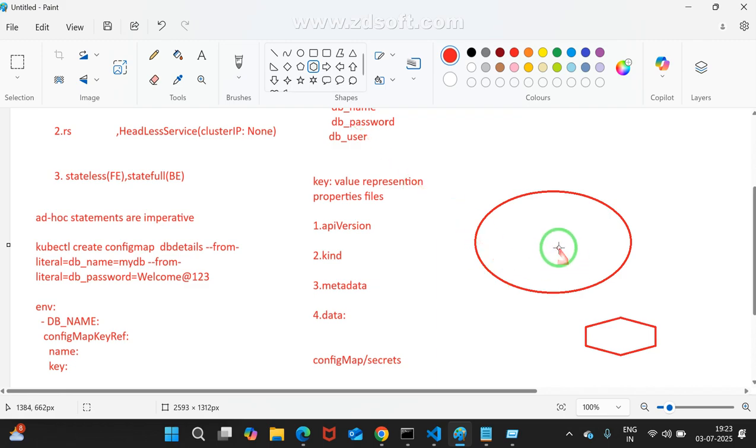Or we can give it internally also, no problem. Is it okay for you? This is the volume. What is the advantage of volume? Volume belongs to the pod, but volume mount belongs to the container.